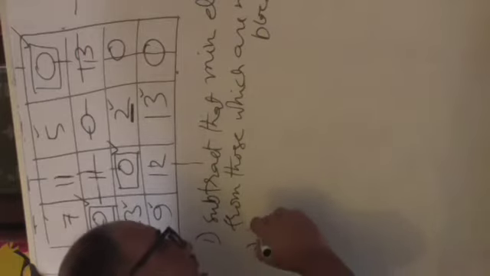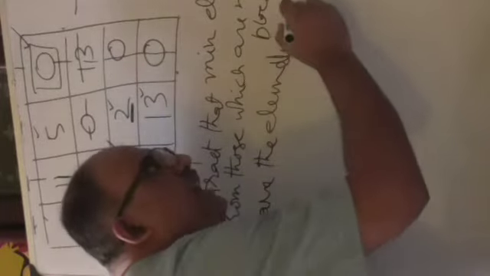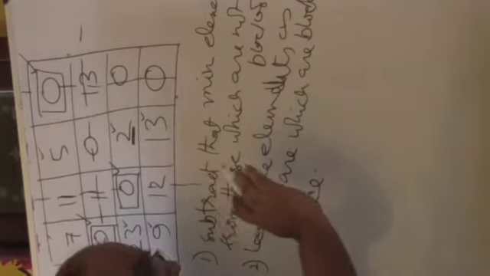Number 2, leave the elements as they are, which are blocked ones. So the elements which are blocked ones, you have to leave as they are. So like this element 0, this element 0, and number 3, add that minimum element